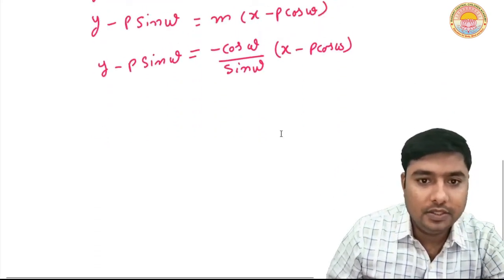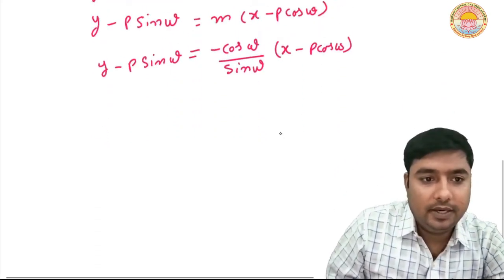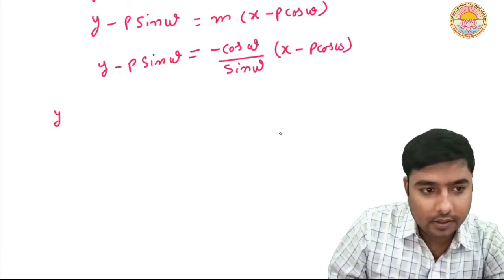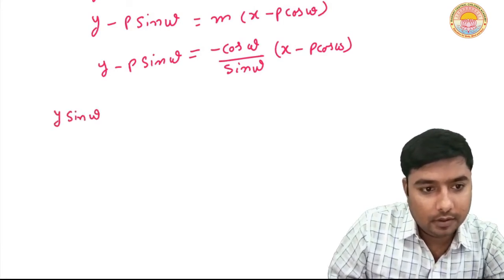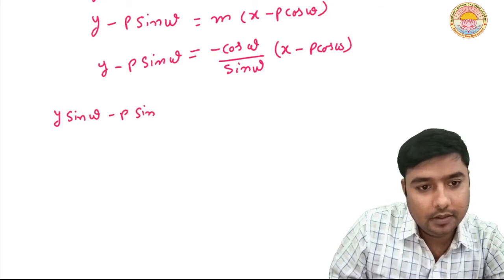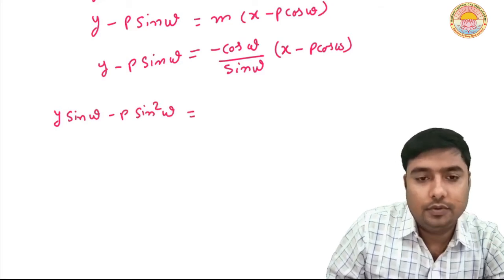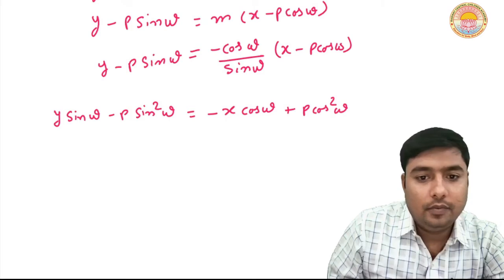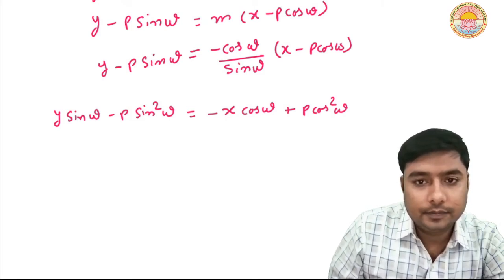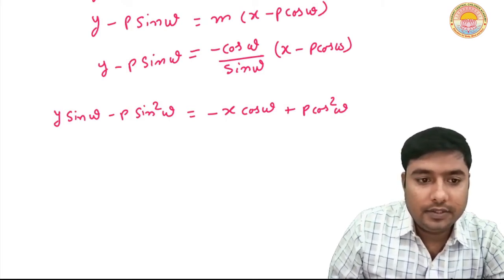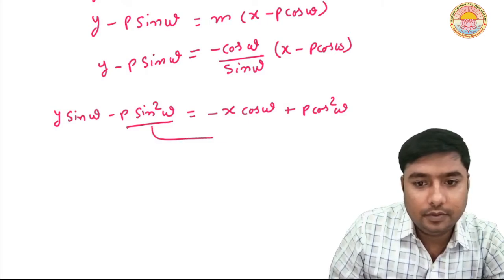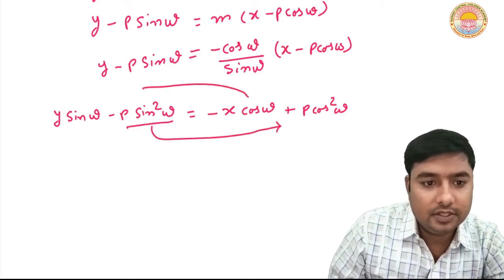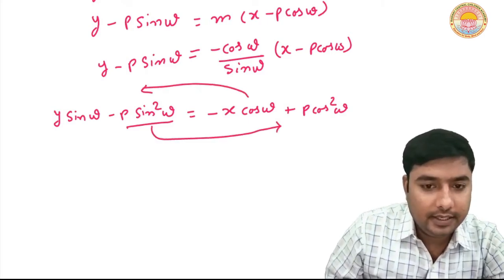Now we solve this equation. Sin omega multiplied by y sin omega minus p sin square omega equals minus x cos omega plus p cos square omega. Now we can solve this. This value transfers to this side and this value transfers to this side. We can write here x cos omega